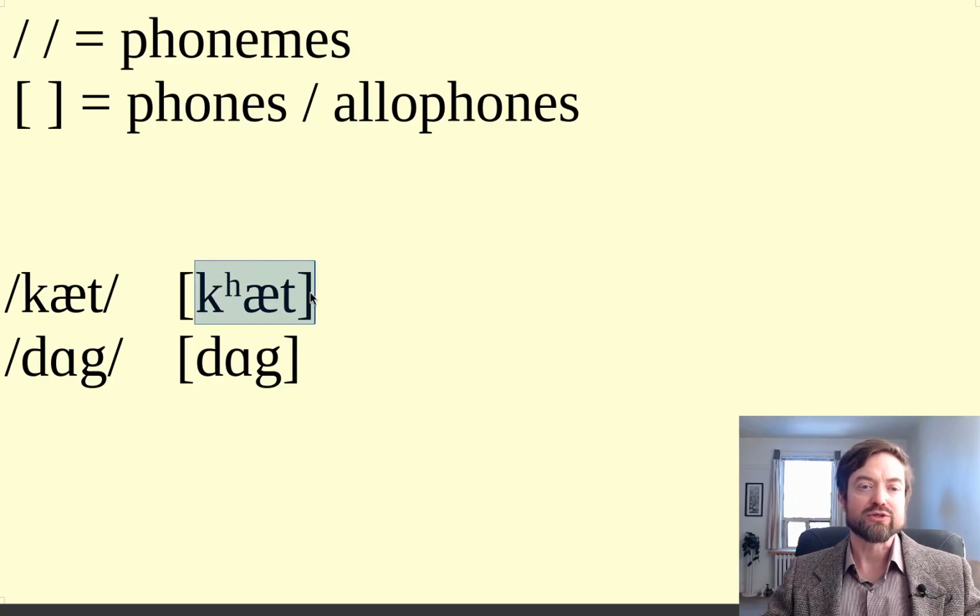If you were to pronounce this word cat and try to pronounce it as a regular K, like cat, it would just sound like a funny way of saying cat. It wouldn't sound like a different word. But there are other languages where you would make a different word by changing the K, KH or K, because if that's a phoneme, you can make different words with it. But if it's not a phoneme, it's just like an extra detail that gets automatically added to the word.